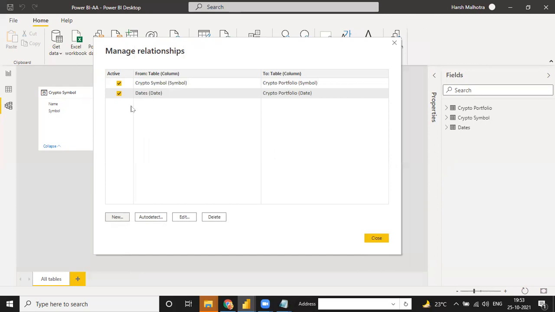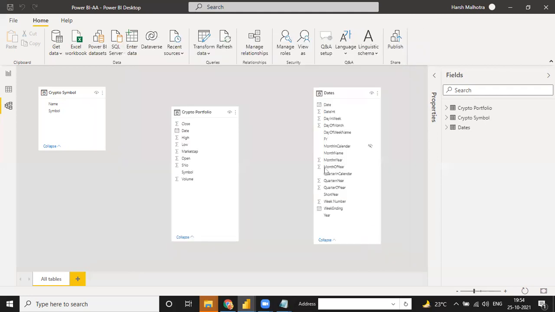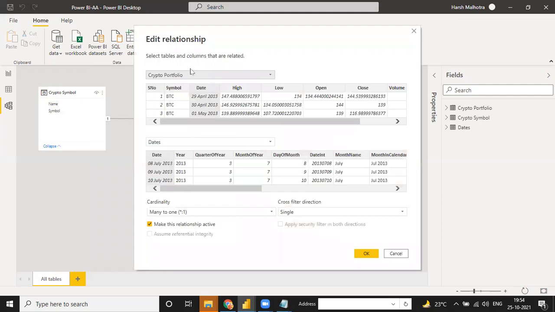So we have all the relationships made, and guys, we have a total of 4 types of relationship. I'm just telling you, close this one and see the relationship is made one to many. This one is also one to many. And when I click on any line, see, it will directly take me into this relationship, and you can change it as well. If you want to change, you can change your relationship.